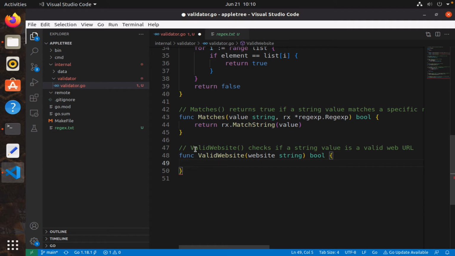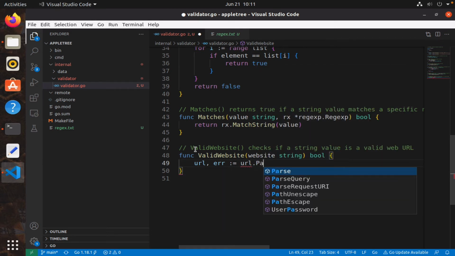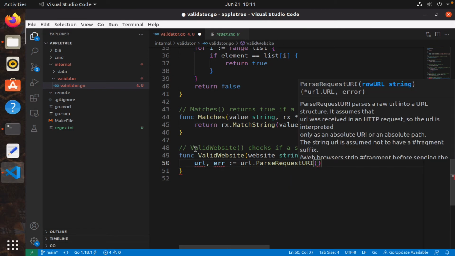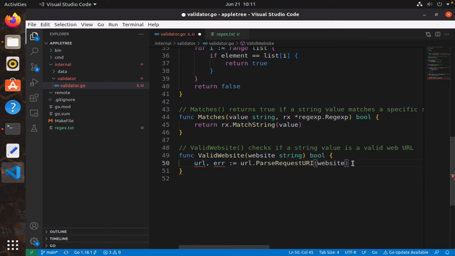And so to do that, we're going to simply use the parse request URI function that Go has. So we don't need to write anything complex. We're just going to use what Go has provided to us. So it's URL dot parse request URI. And all we need to provide is the string, okay, and it will tell us whether it is a valid